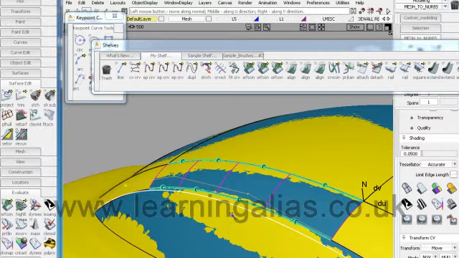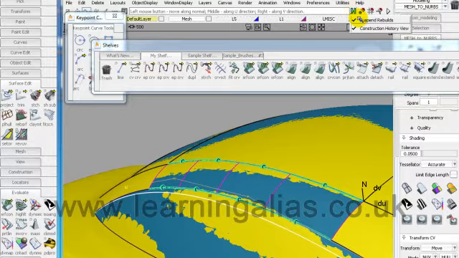So for a start, you can come up here to history and you can suspend rebuilds. Now if I pick this and I bring it down, I'm moving the side glass down, but actually nothing is happening. But I'm not using a lot of processor power. And then I come over and my computer isn't giving me that egg timer that sits there for 30 seconds, a minute at a time on a slow processor. So come back here and uncheck